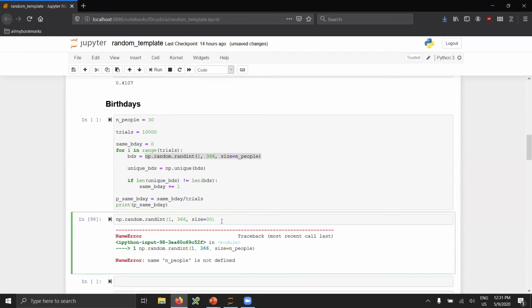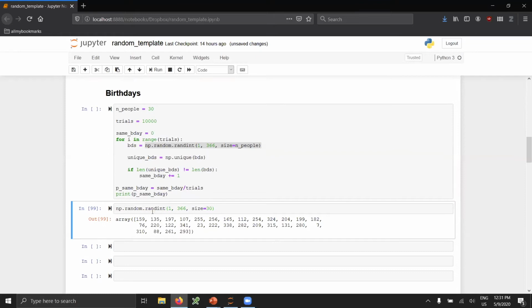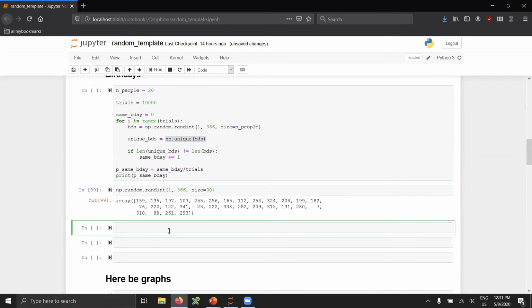This generates a random integer from 1 to 365, and that corresponds to the days of the year that a given person has a birthday. So here, this is the birthday distribution of the people in the class of 30 people. And then there's another interesting function from NumPy. It's unique. So what it does,